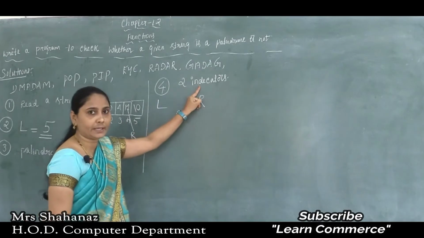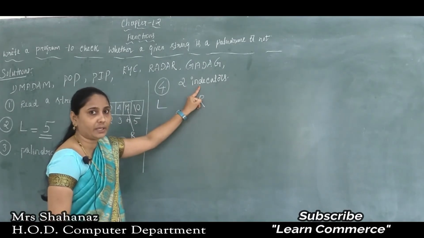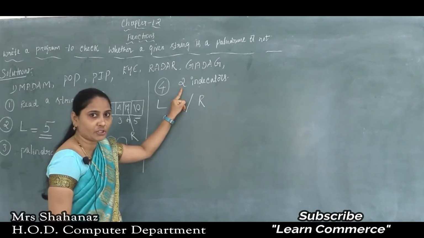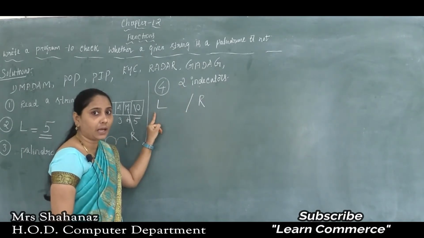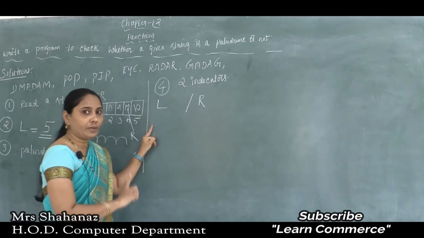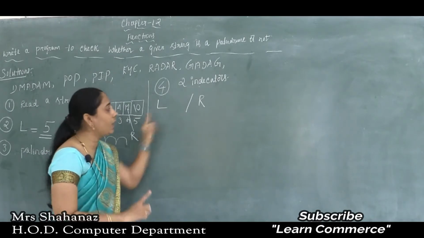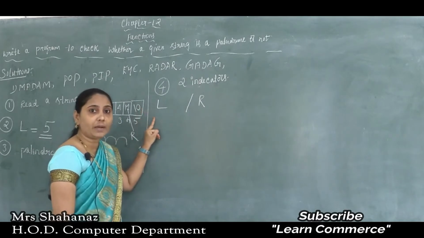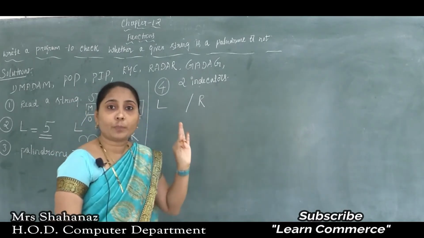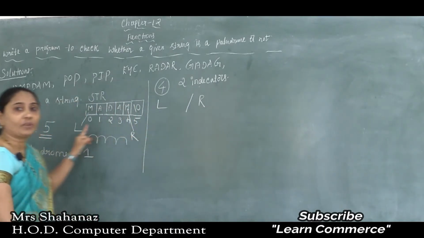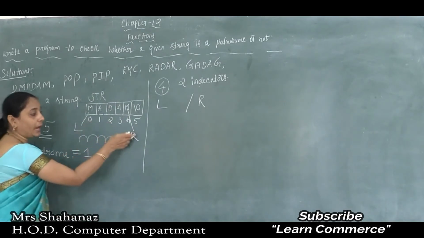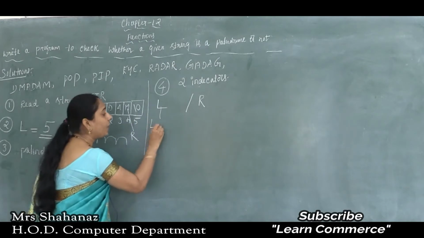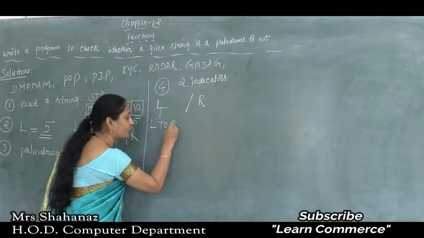Now two indicators, clear, listen to it properly here. This is a very important practical program. So two indicators I am going to use. The indicators are L and R. L we can say is the left indicator, R is called as the right indicator. So what about the left indicator? That means which process the string, the group of characters, from left to right. Okay, how is it going to move? The left indicator is going to move from the left to right. Okay, left to right here.